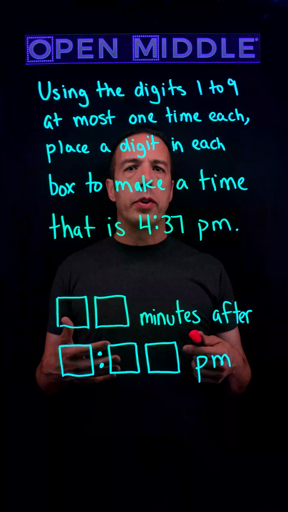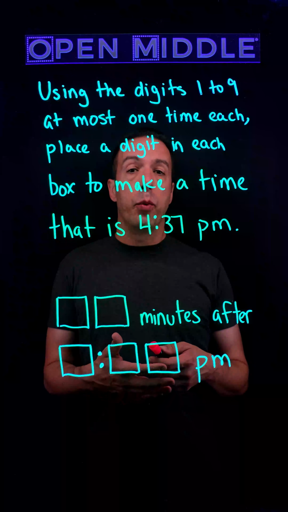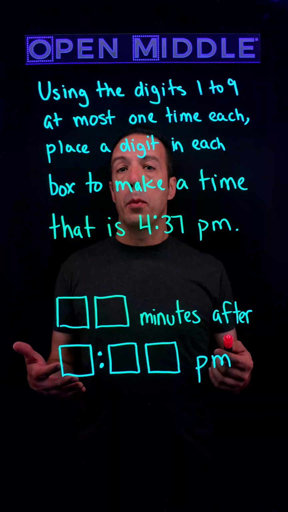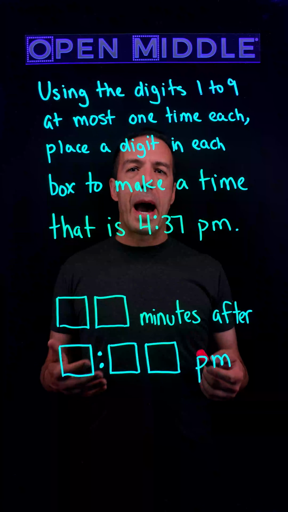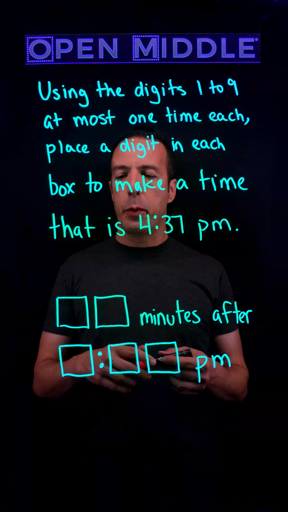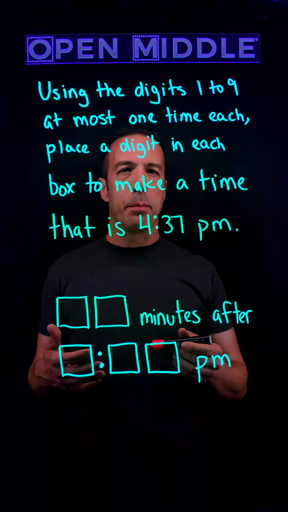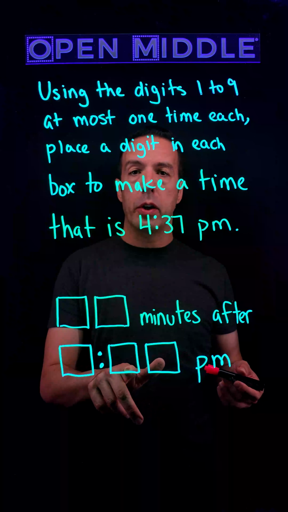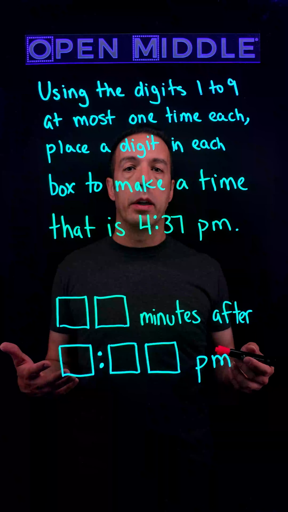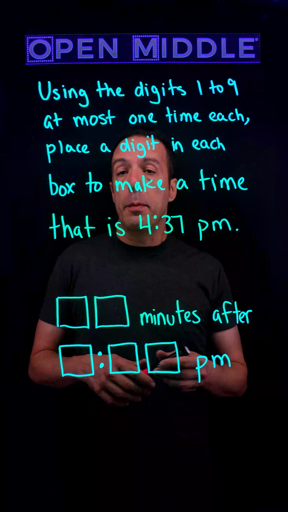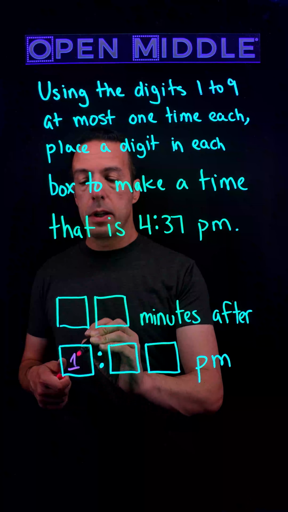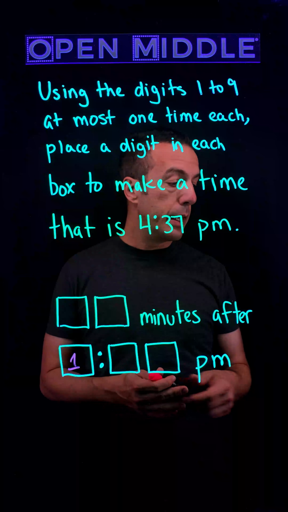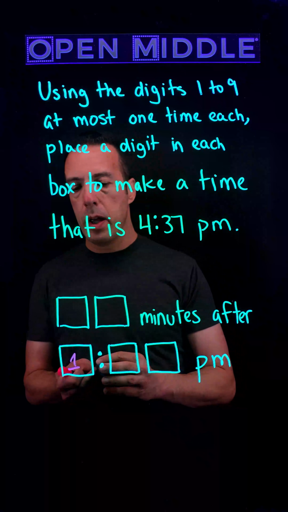So I want to sometimes get kids thinking about, instead of what's the right thing to do, what would be a wrong thing to do? Like, let's consider a 1. Where would be a bad place to put a 1? If we put a 1 here, does that break the problem? I think you could still probably solve the problem. What about here? What about here or here? Is there anywhere you could put the 1 to break the problem? I would make the case that if you put the 1 here, this is unsolvable. And so giving kids an opportunity to do that is something I think is worth considering with them.